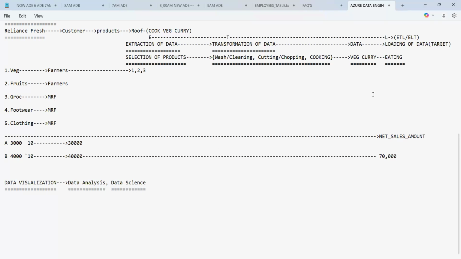Here you have prepared vegetable curry, you have selected the products, and once the vegetable curry is prepared, you called one of your friends.